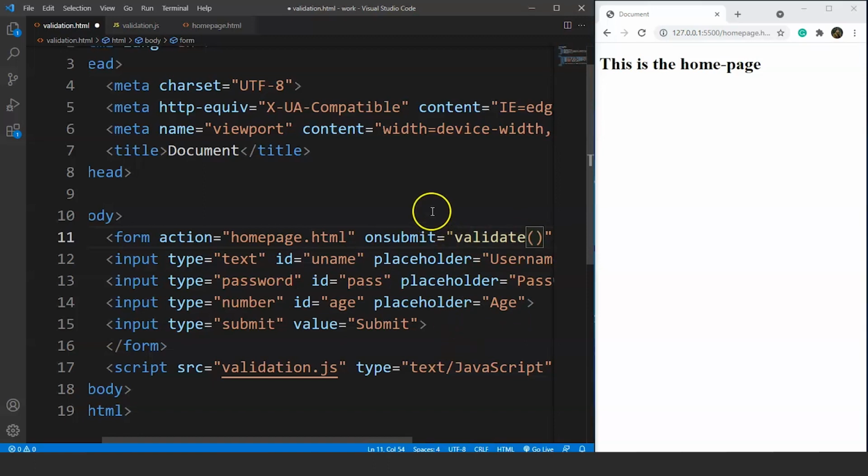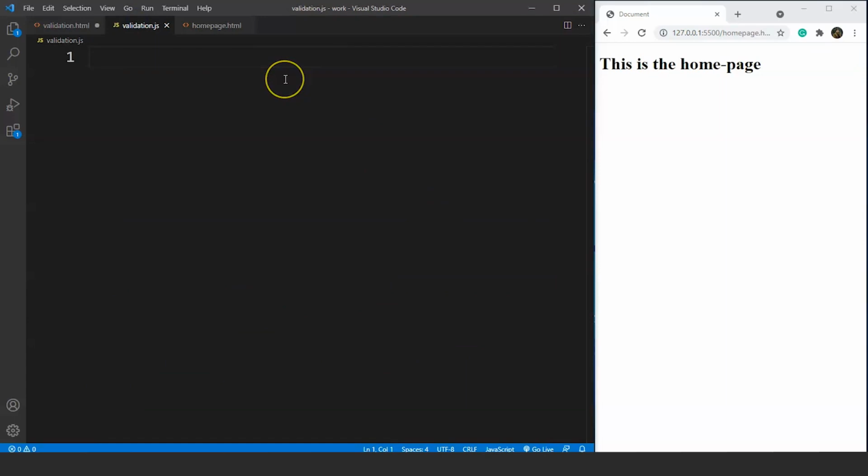So let's move on to the JavaScript file, and here we'll first declare a function named validate. So we'll write function, and the function name is validate, and then we have the body of this function. Now we'll take three variables to get all the values entered by the user, because we need to check all the values, right? We need to check if the user's name and password match the ones we want, and the user should be aged above 13 to enter our website.